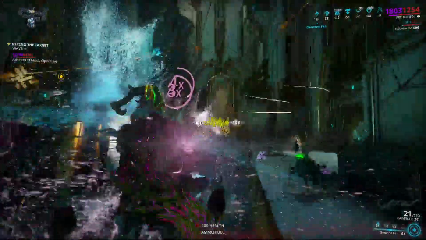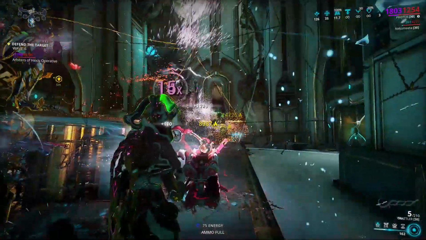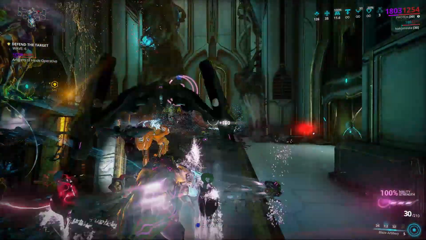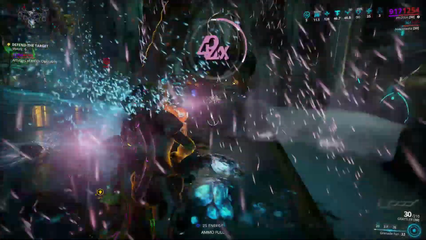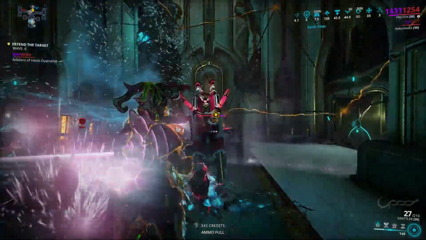Each rotation has a high chance of giving a decent amount of Endo, 900 on rotation A, 1200 on rotation B, and 1500 on rotation C. Each rotation also has a chance to give you Ayatan sculptures, which you can then trade into Maroo for even more Endo. I might make a video explaining arbitrations even further, but what you need to take note of here